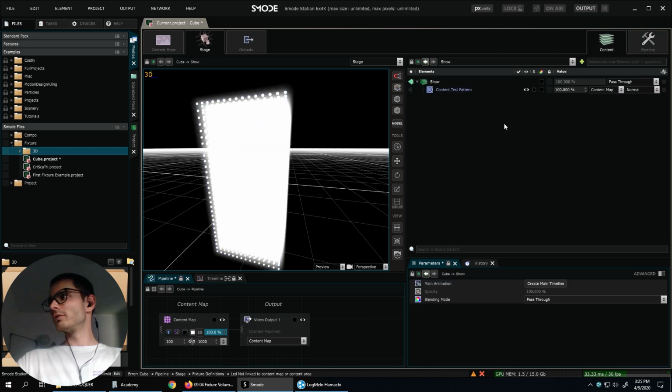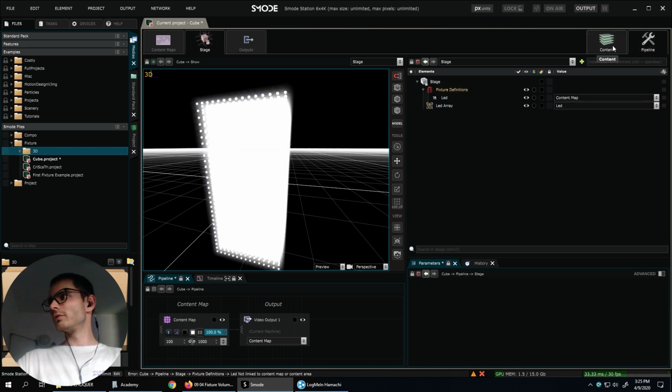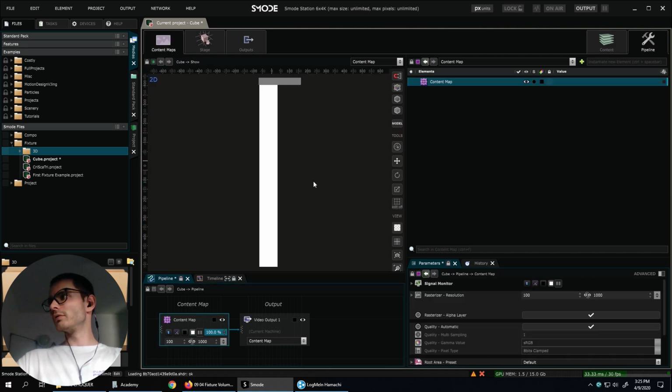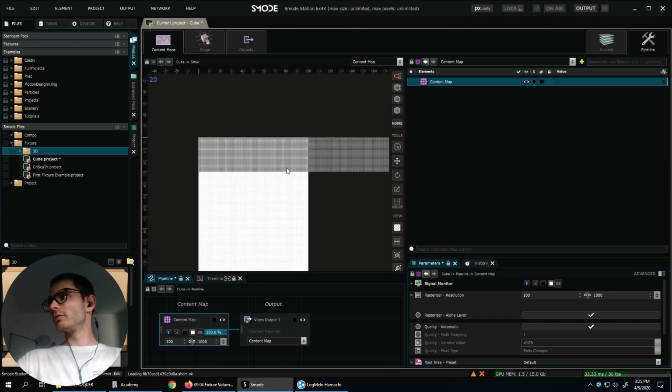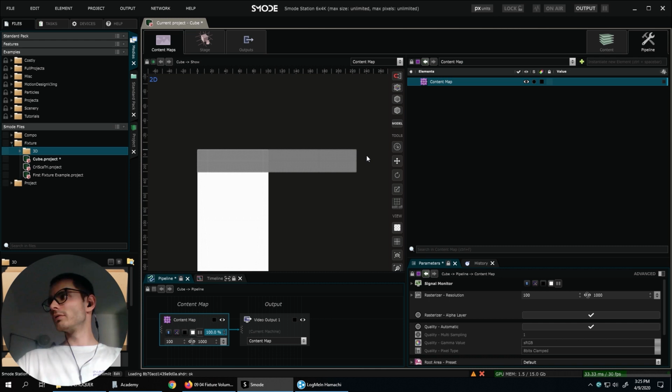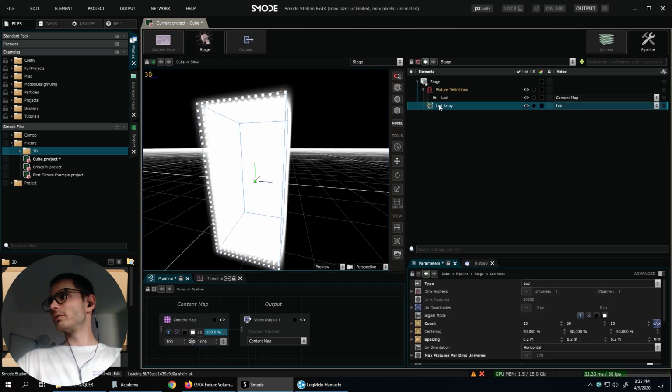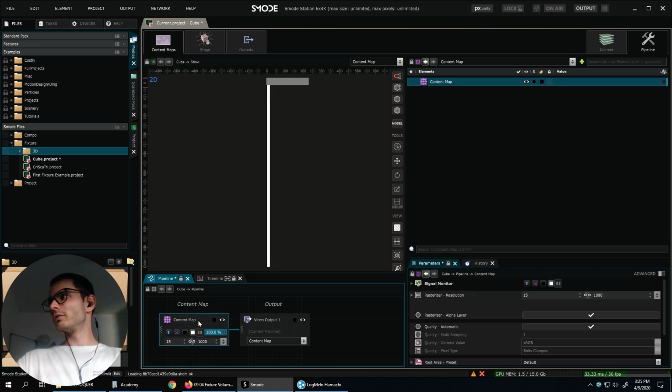So for start, we will show all the LEDs on. Here we can see that the UV map is outside my content map, so it will not work correctly. So for this, I will just change the resolution of the content map, so it fits.